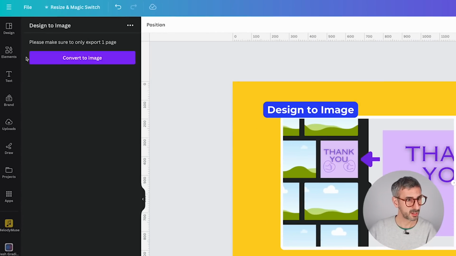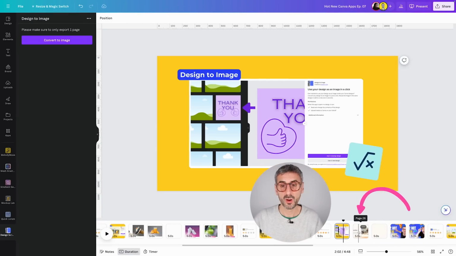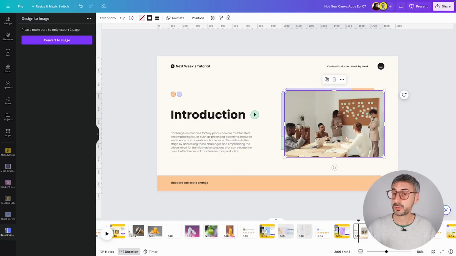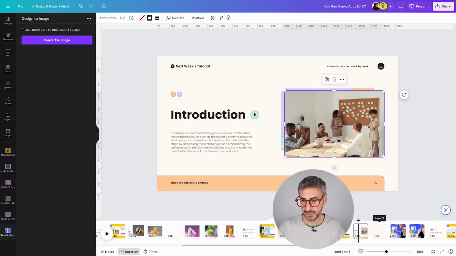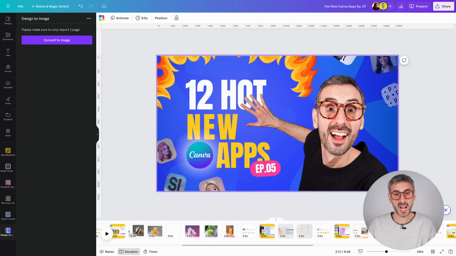You see one line of command, like please make sure to only export one page. Let's take a little example. So this slide right here, let's say I am introducing next week's tutorial. Okay, let's pretend. So I do have a little bit of text, don't mind the text, but I do have a placeholder here. I'd love to drop the thumbnail of my tutorial right here in this frame. Okay, but I don't have it. I have designed my thumbnail. Here it is, my thumbnail,